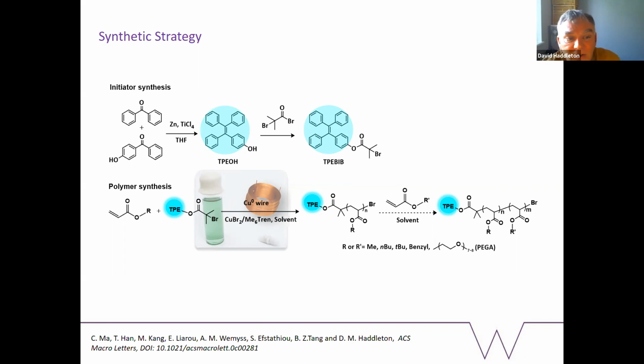I'm not going to go into the details on that. And when they twist, it fluoresces. So you know it's aggregated because it lights up. If it doesn't light up, it's in solution. So using that initiator, as you might imagine, you can